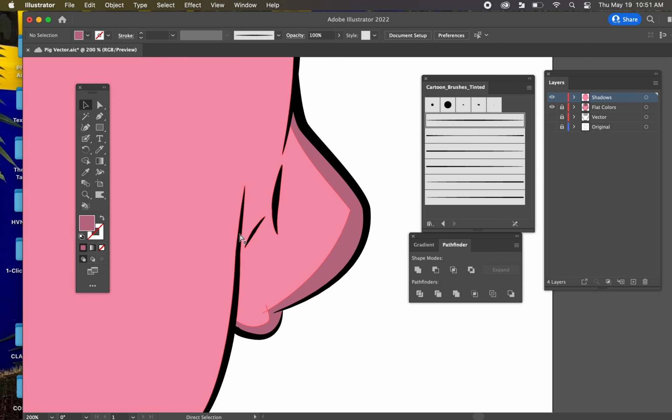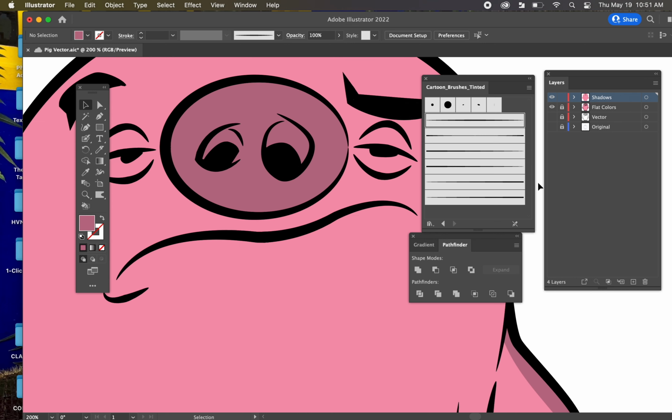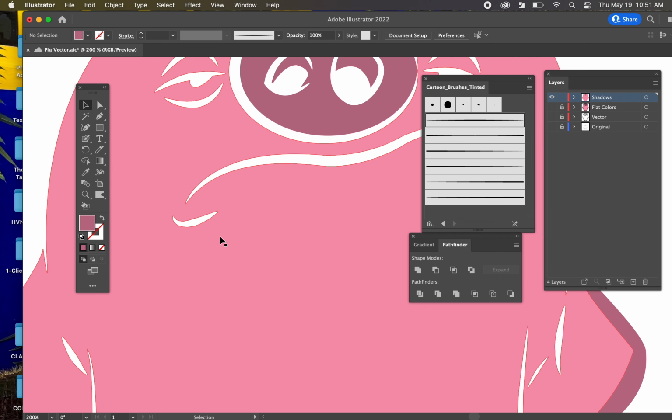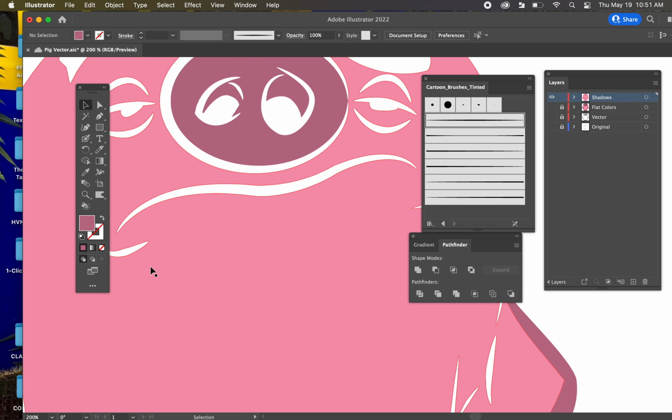So if I wanted some right here, I'm not able to cut through here, right? I don't want to cut through it, but I might want some shadow there. So in that case, what I'll do, using that same, I can just press I on my keyboard to make sure I get that color,